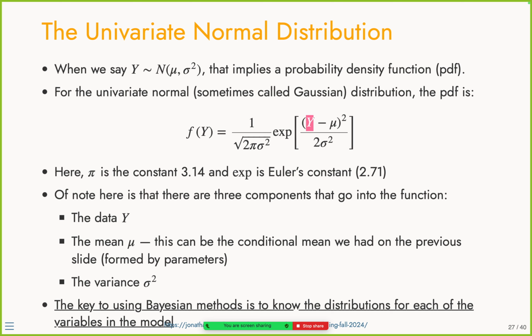But think of the estimation challenge we have. In estimation, what do we know? We actually know y. We collect data. We don't know mu. We don't know sigma squared. But it turns out this distribution function works in the reverse direction as well. If we know y,